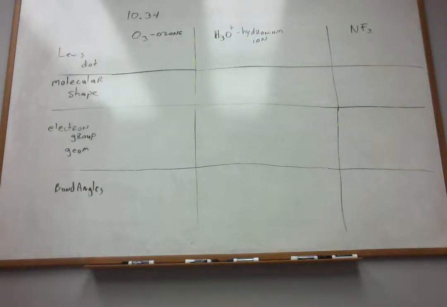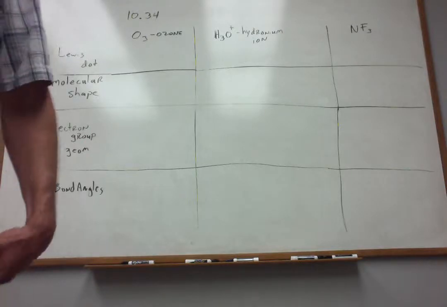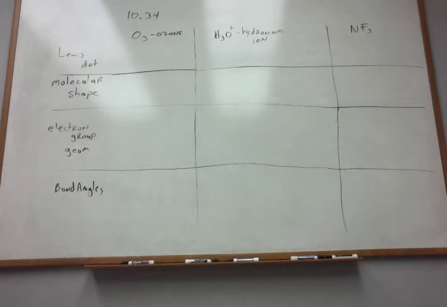Let's tackle 10.34. This problem gives us three molecules or ions and asks us to predict the molecular shape, the electron group geometry around the central atom, and also the perfect bond angles for that particular structure. Okay, so let's get into this. This is a really nice problem. It's representative of the type of thing that you should be able to do if you've mastered the concepts here